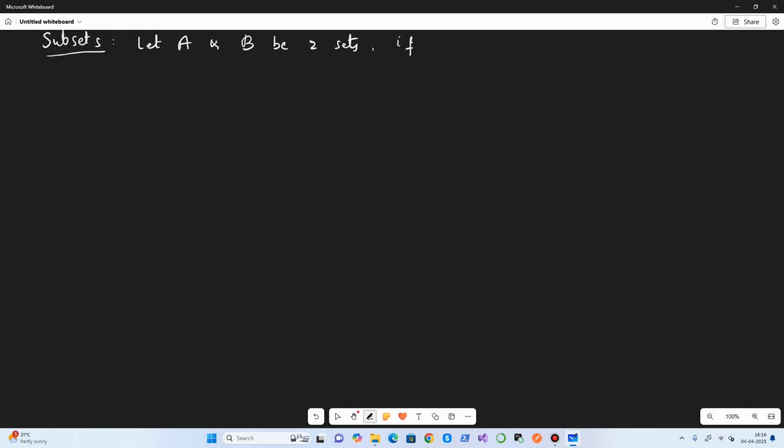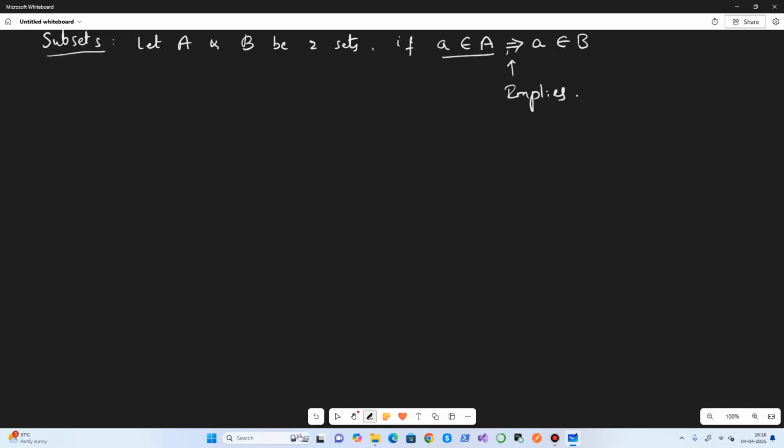If small a is an element of the set capital A, it also belongs to B. This symbol is called implies.